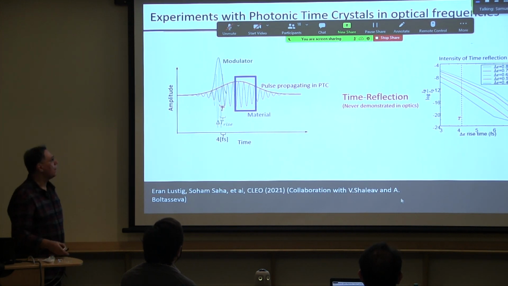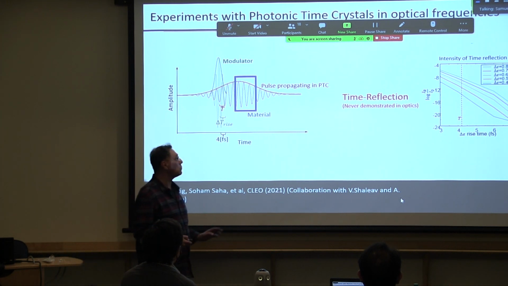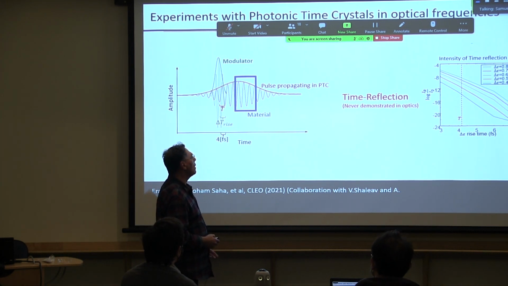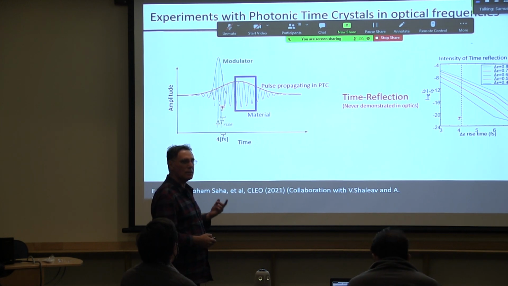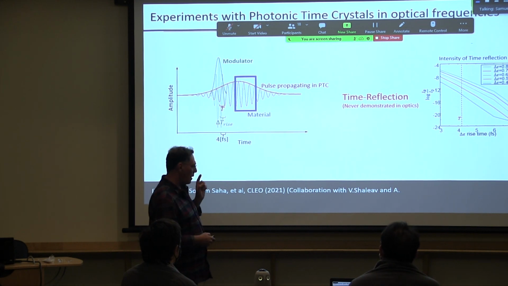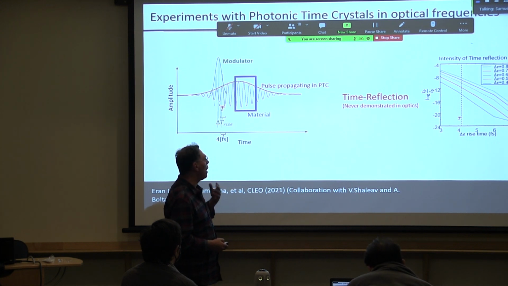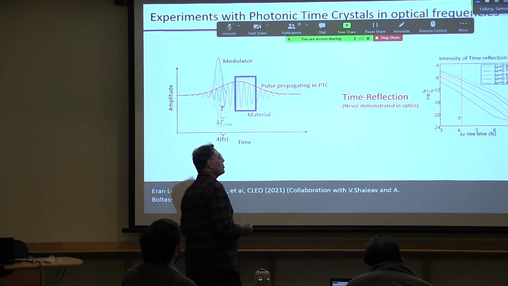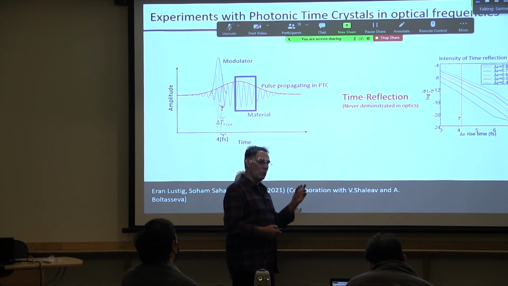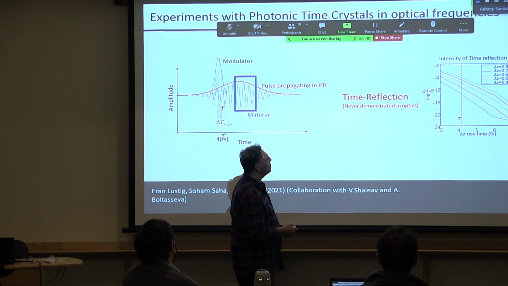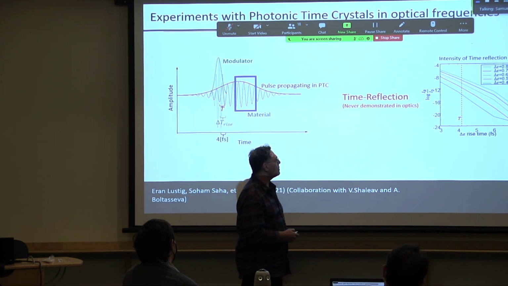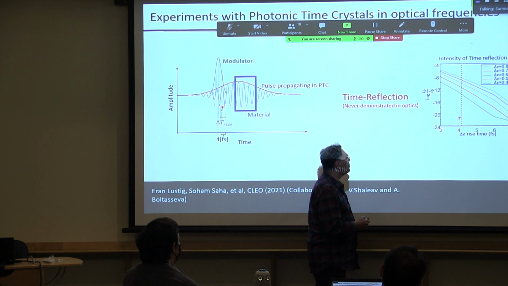So that's the story. It turns out, when we started this, we said, okay, let us calculate the magnitude of the time reflection. Let's say an electric field comes in at 1300 nanometers, as I told you before, at intensity 1. And we want to know how large the time reflection will be as a function of the duration of the time window, the rise time, and also as a function of the change in epsilon. It turns out that if we are able to have a rise time of just 3 femtoseconds, and the change in epsilon is 0.8, which is tough,